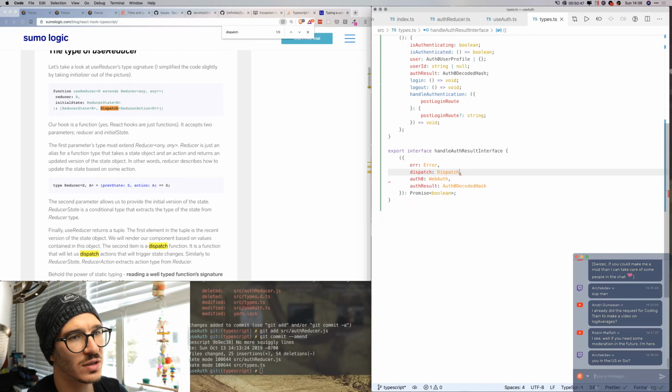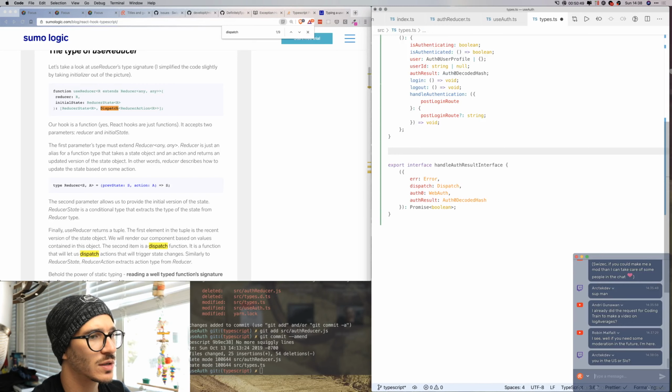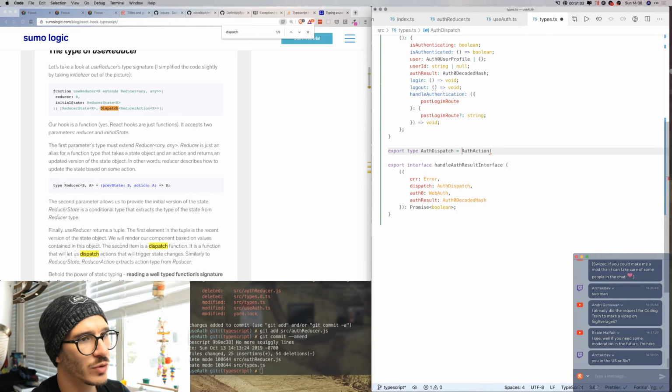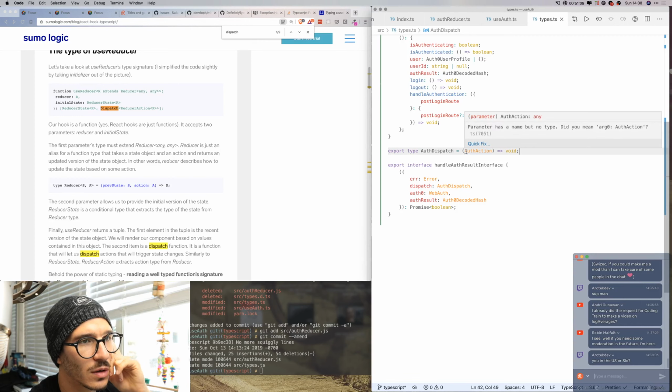Let's just call it dispatch, and we can say export type auth dispatch. Auth dispatch, which is a method that takes an auth action and returns literally nothing, does it? Void. Okay. Auth parameter has a name but no type. Did you mean